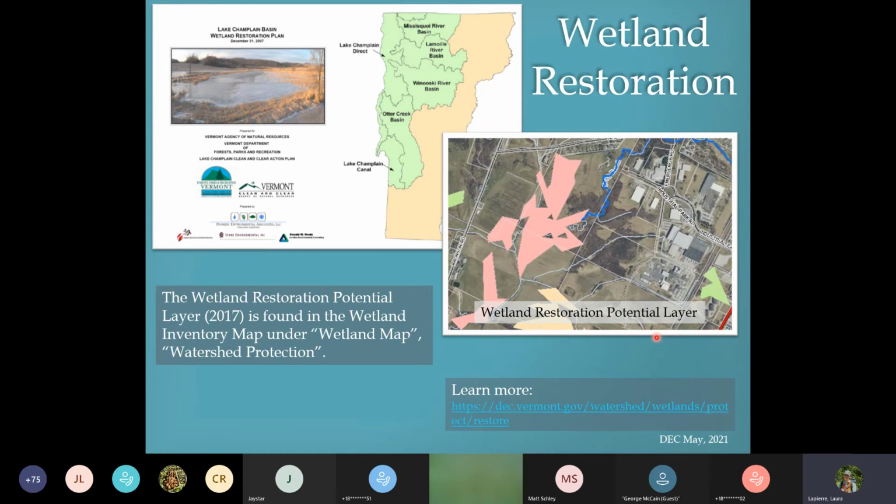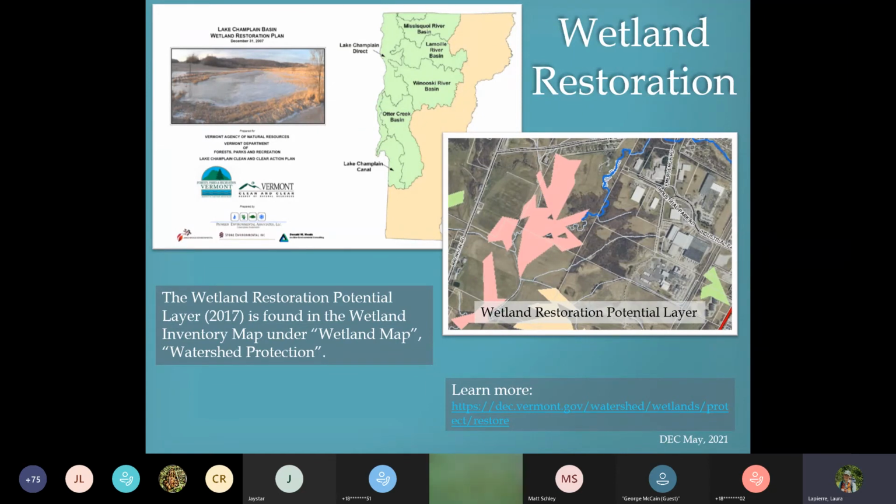Okay, so here is my last slide. I wanted to give you an option of another potential way to deal with water quality issues in Vermont. Wetland restoration can replace lands acting as a source of phosphorus or carbon to land use that is capable of retention, the wetland.